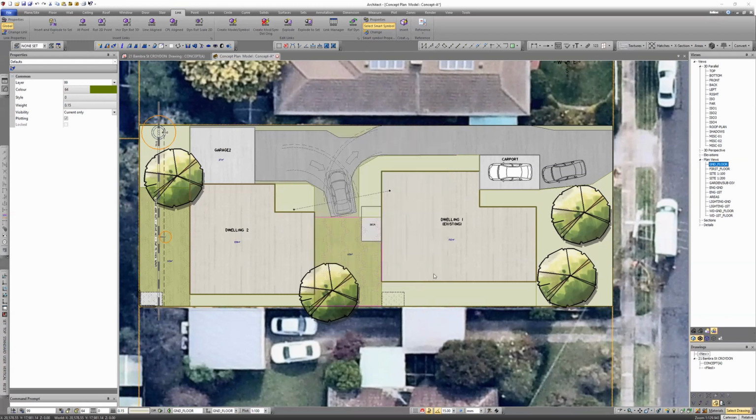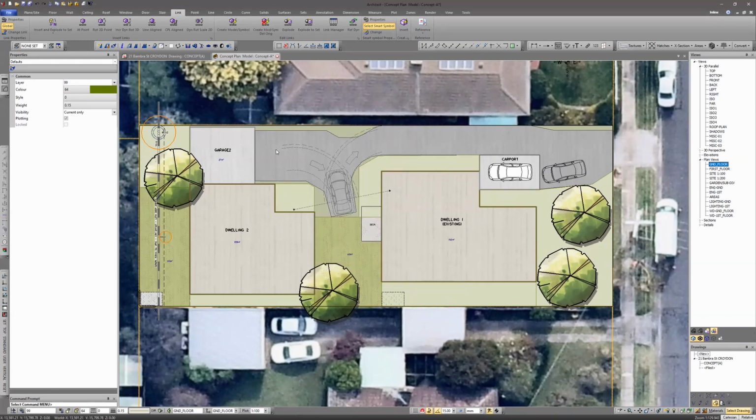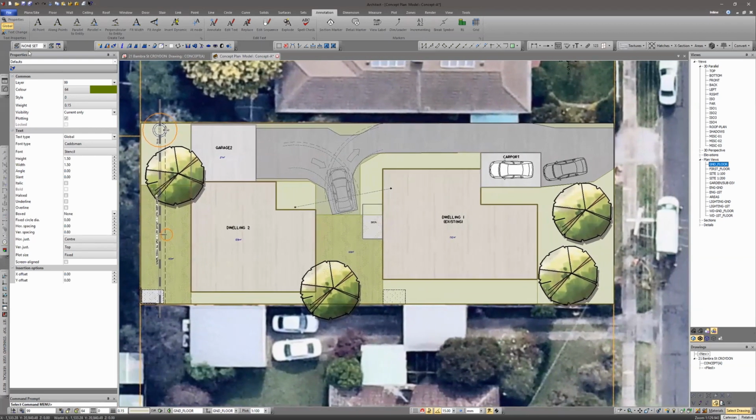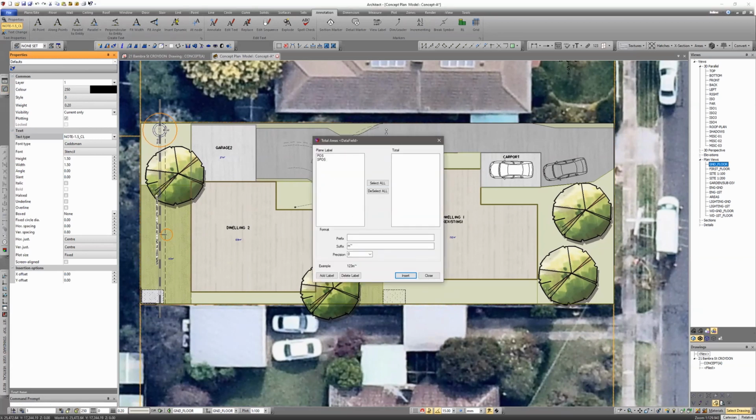I can just close out of here for the second. What I'm going to do is go to my text tool and I'm going to set my properties for the text that I want to use. In this case, just small text, centered. Jump back into my Total Areas tool, and for starters, I want to put in a private open space, and I'm going to prefix this with total